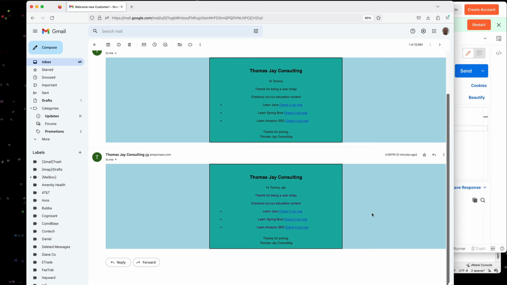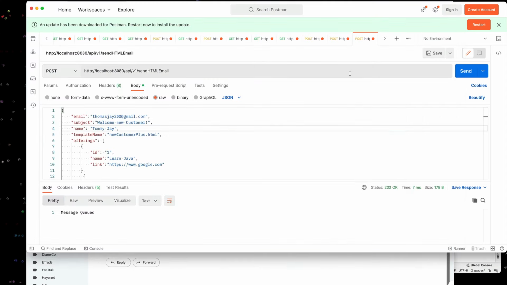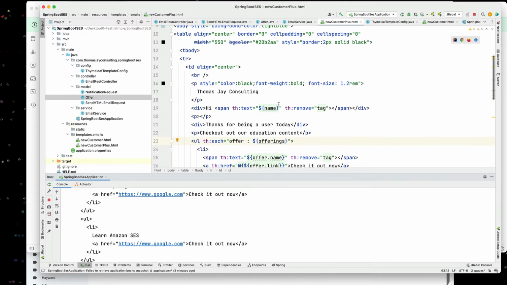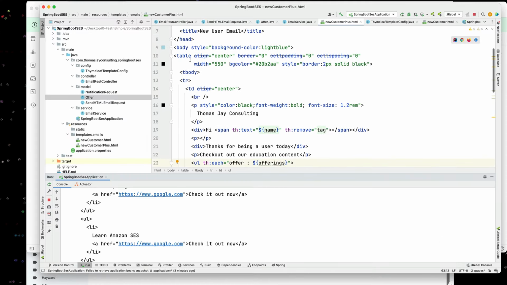And the HTML uses table-based outputs. If we look at our more advanced, we'll see that we use tables and such in there. Why are we using tables? Because that's a preferred method for sending emails. So if you look at HTML emails, you'll see that the styles need to be inlined. You need to use tables, etc., etc. So basic old-fashioned HTML. So you've seen how we could take a template and use Thymeleaf to process the template,